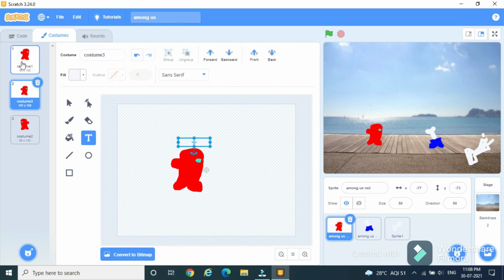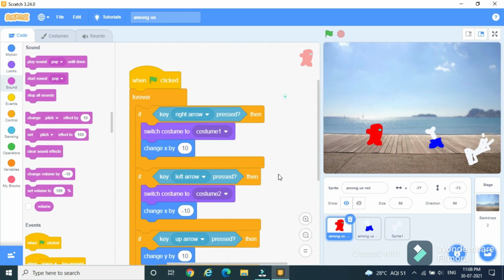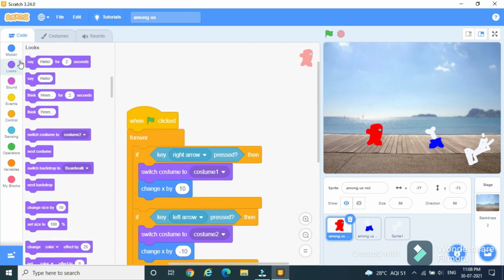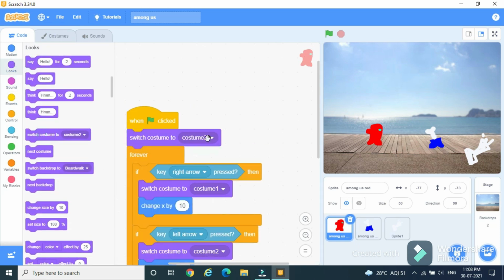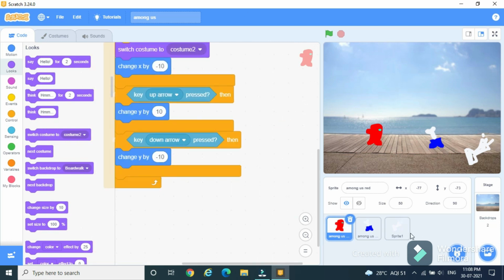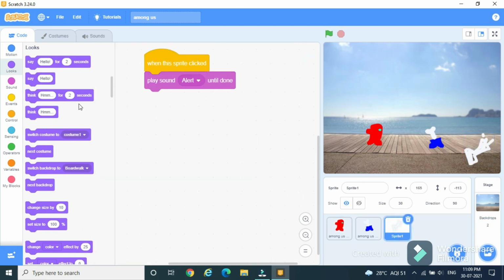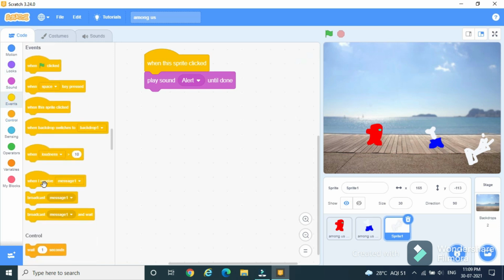Okay, so now imposter. In the top part in looks, we will switch costume to 1 and then in sprite 1 it will play sound alert. So now we'll take a broadcast message, a new message,